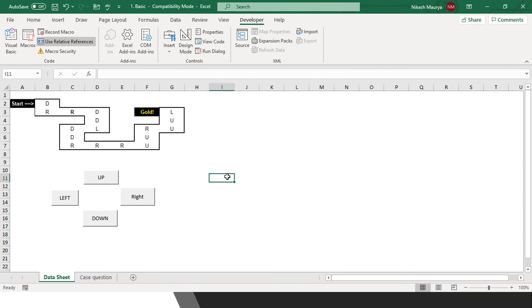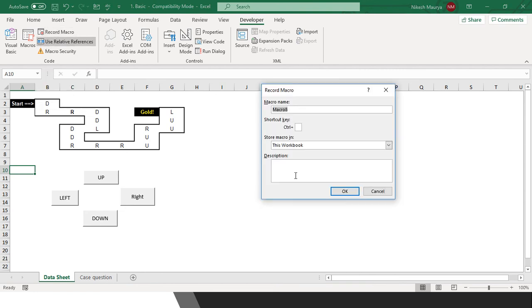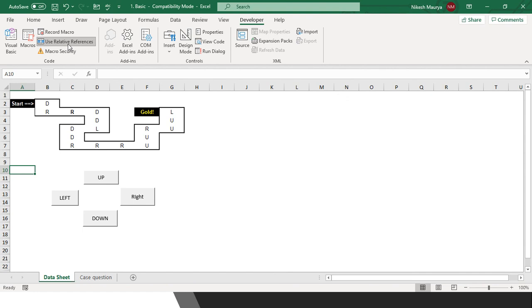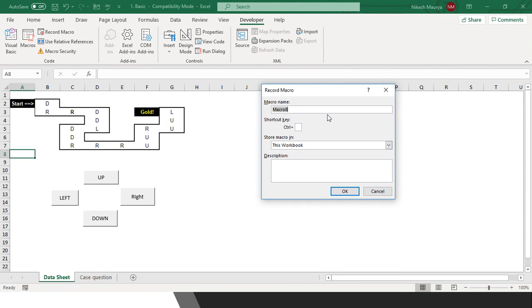And one more thing, if you want to go from A2 to F3, it will be a kind of cheat. We can make a macro where we say that wherever you are, it does not require any relative movement. Wherever you are positioned, you can record it. It will be named cheat. You are cheating and directly reaching the destination. You are not applying any rule.